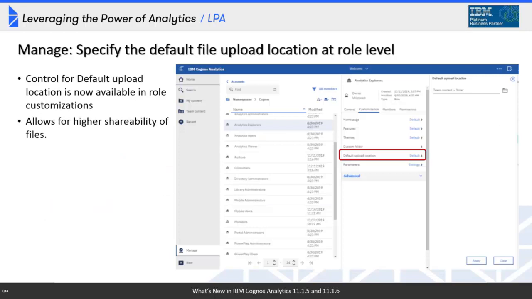Moving on from data modules now, let's look at just an overall managing Cognos enhancement. This one has to do with uploaded files. So in the past, if I dragged a file into the interface or I clicked New Uploaded File, the one and only place that file would reside when it was uploaded would be my content for the user doing the